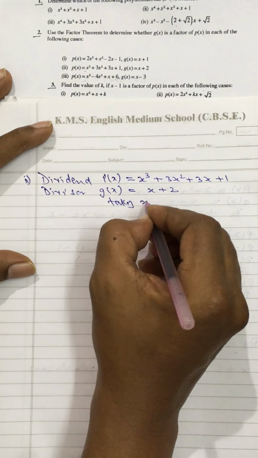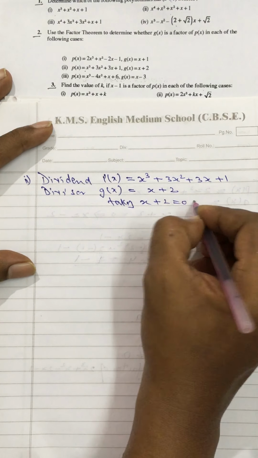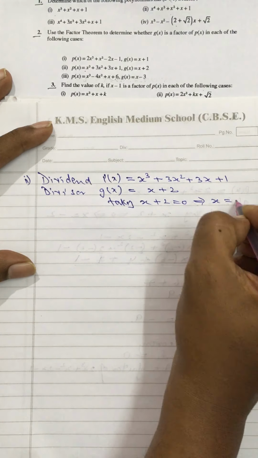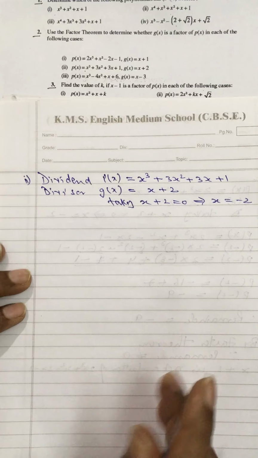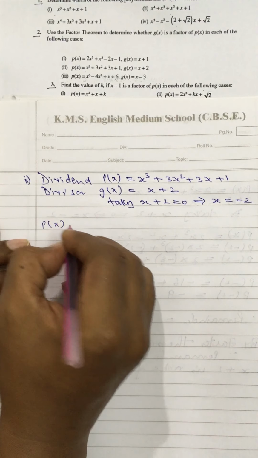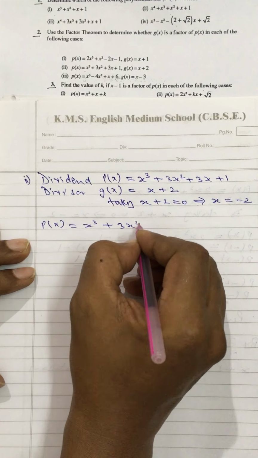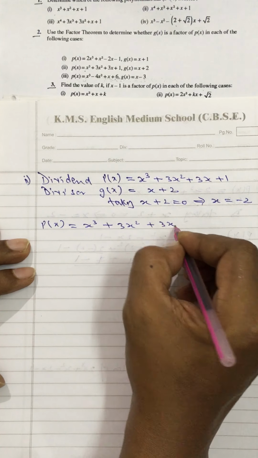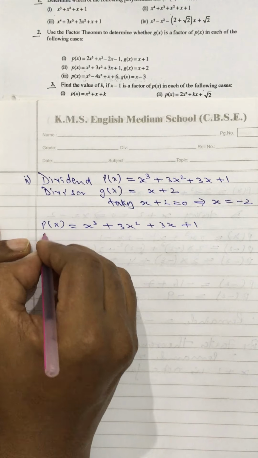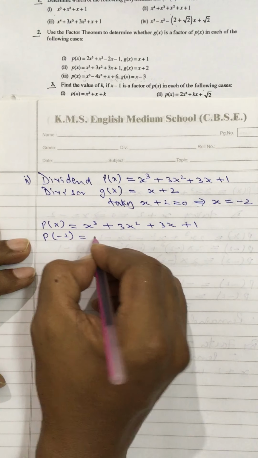Taking x plus 2 is equal to 0, what we get is x is equal to minus 2. Okay, my dear students, now p of x is equal to x cube plus 3x square plus 3x plus 1. So p of minus 2 is equal to